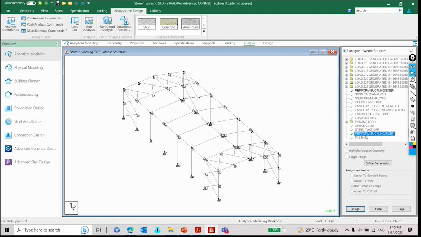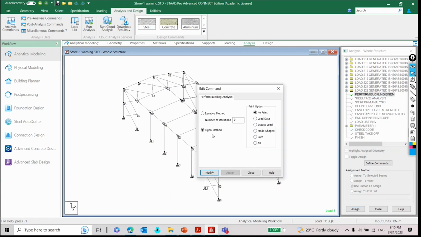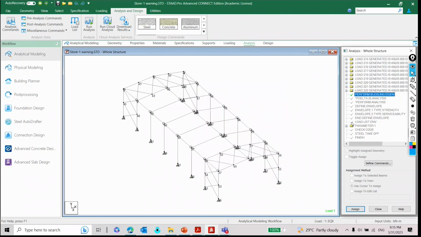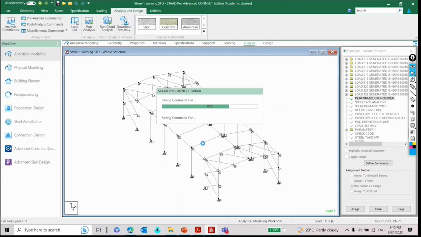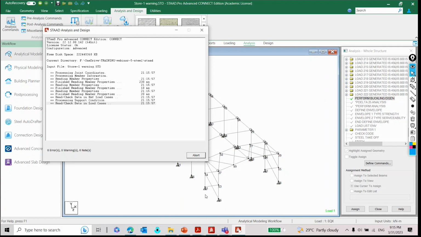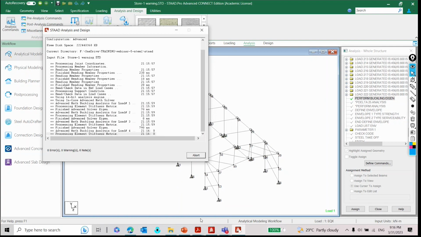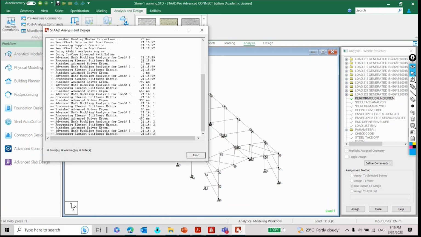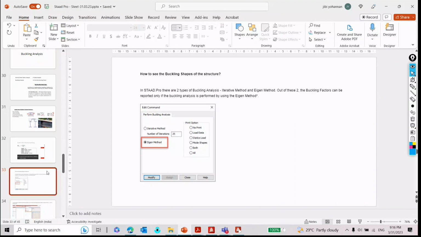Then say add. I think I already gave it here. So this is the eigen method buckling analysis. So just give that command and run your analysis. It may take a few seconds, because it will take more time than the normal analysis. So by that time, you'll just see,